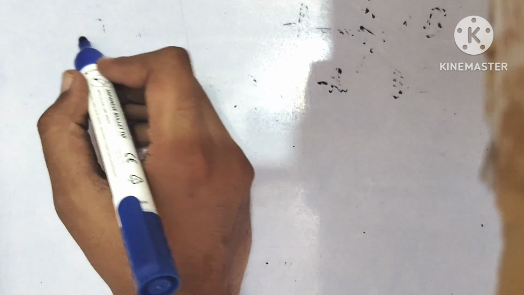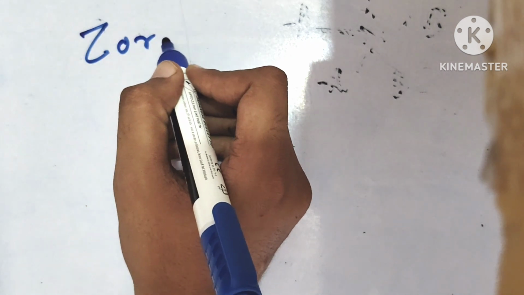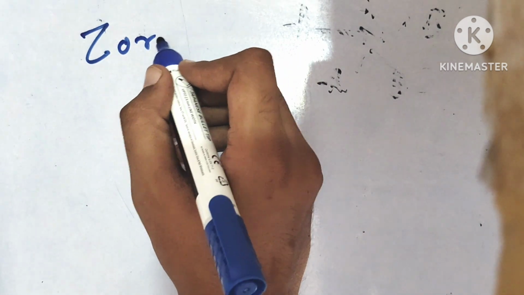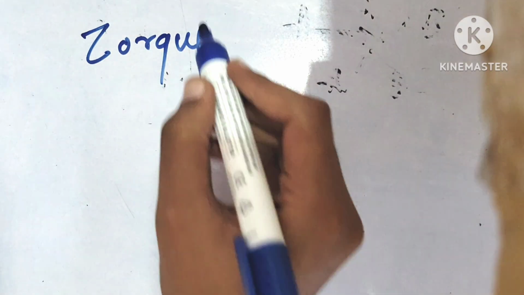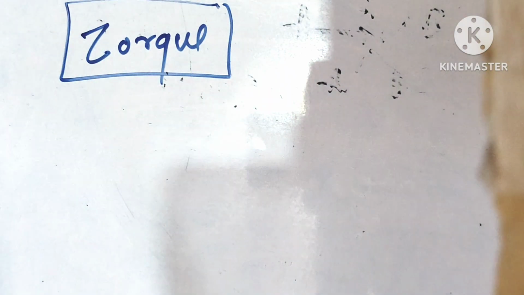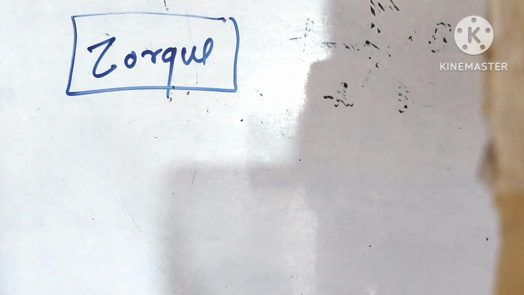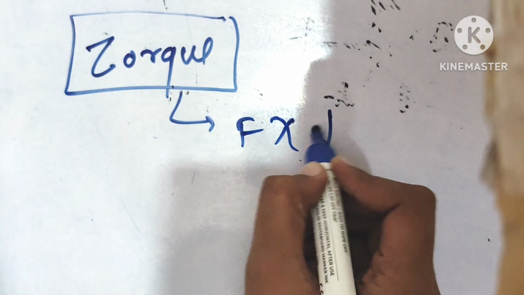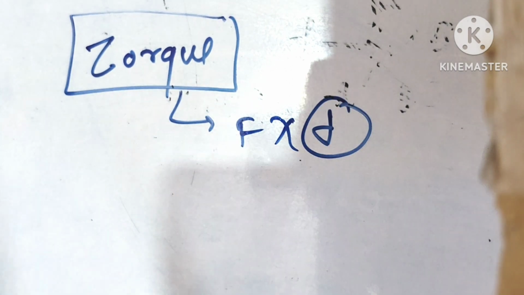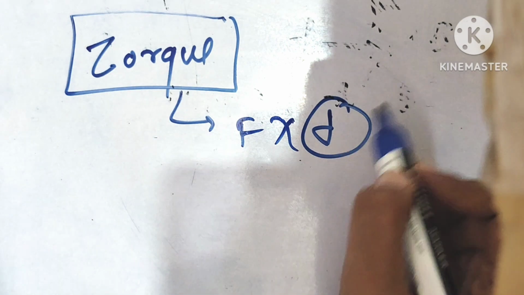The next new topic is the unit of moment of force. मतलब torque की जो हमारा torque था उसकी unit बताने हैं. Okay, so how can we define the unit of any physical quantity? It is a very important topic also for class 11th and 12th. So let's learn how we can find it out. As we know the formula is force into displacement, that is the perpendicular distance from the axis of rotation, from the pivoted point.